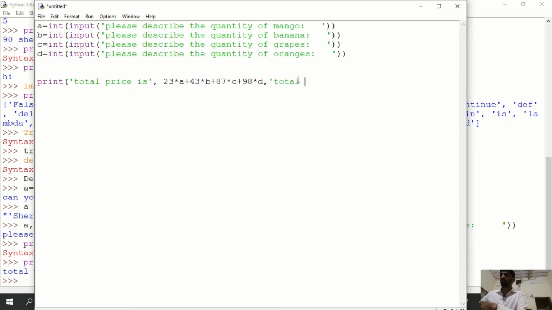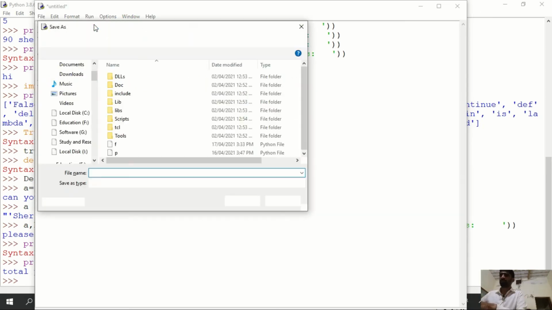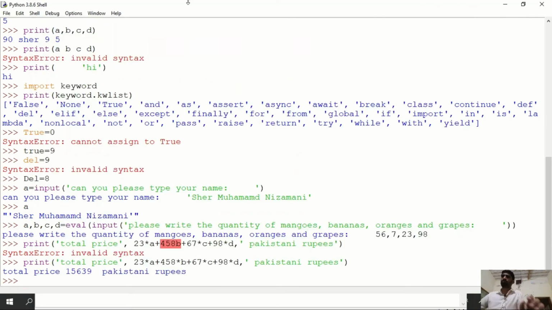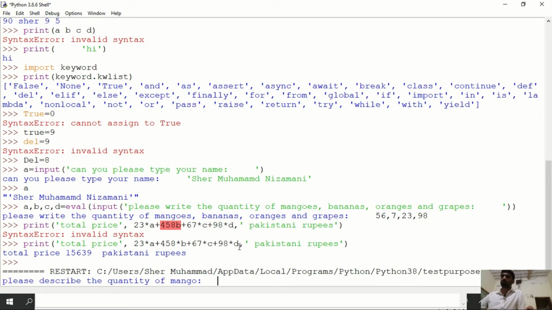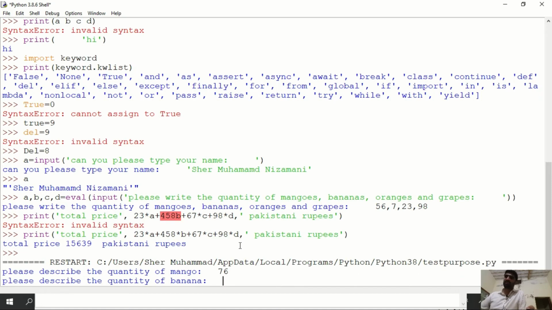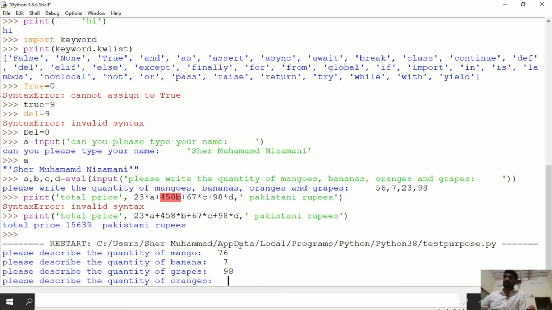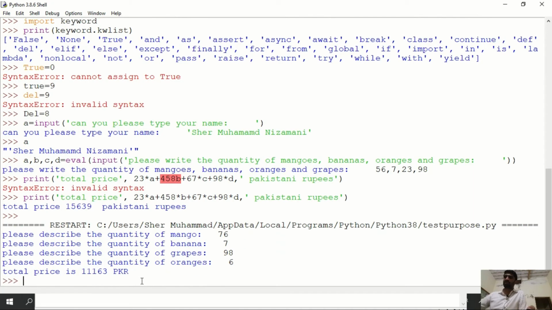So the total price in PKR, Pakistani rupees, and I'm just executing it for test purposes. Now for the quantity I'm writing 76 for banana, 7, 98 for grapes, and 6 for oranges, and we will get the total result.